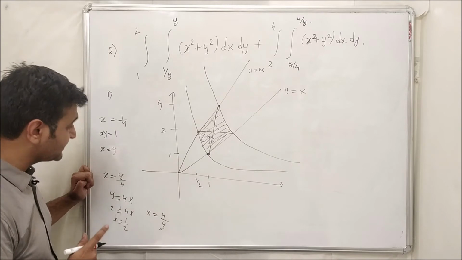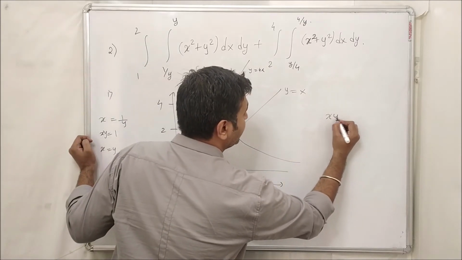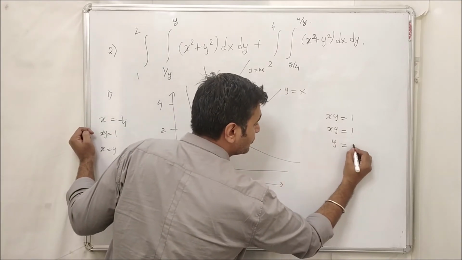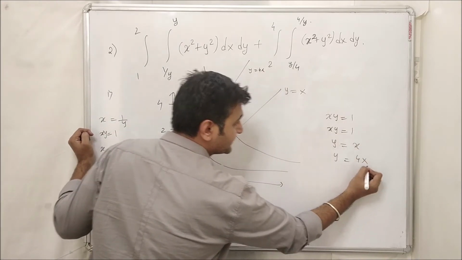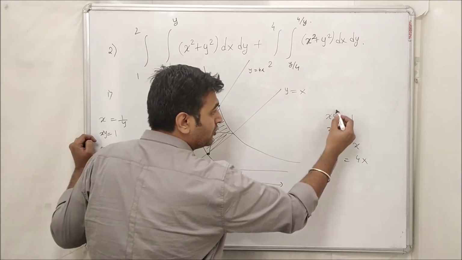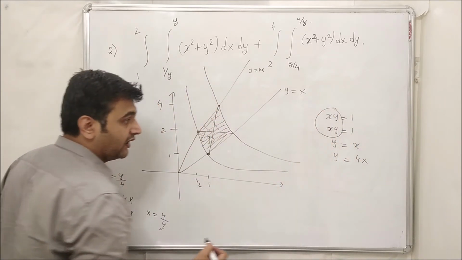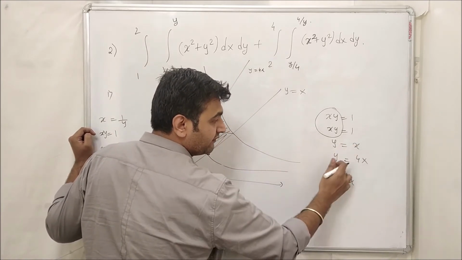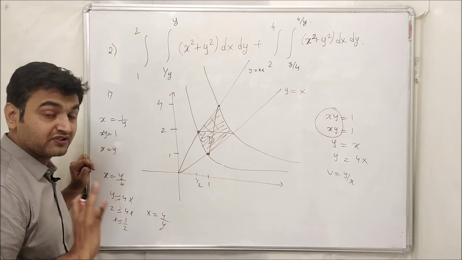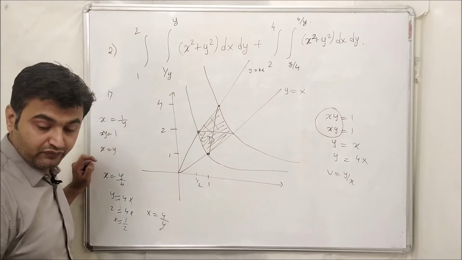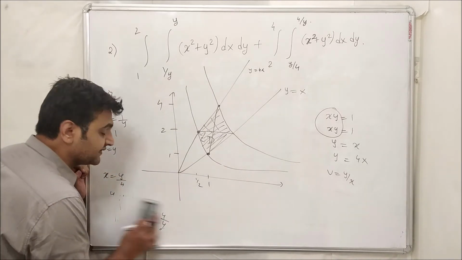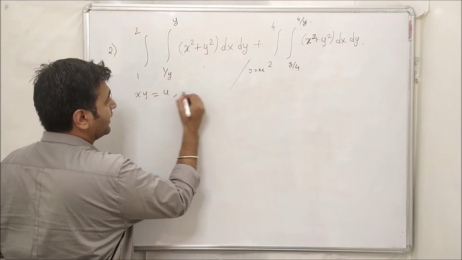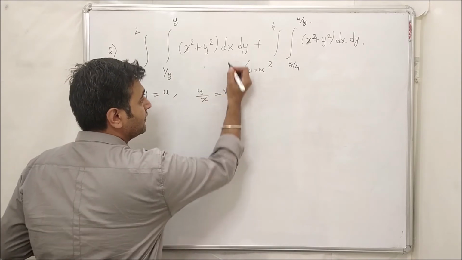Because by substitution you can see, here you have xy equal to 1, xy equal to 4, and then you have y equal to x and y equal to 4x. So same as the previous example, you can call u equal to xy, and you can call v equal to y by x, because y by x is 1, y by x is 4. Good. So substitution, you can see, kind of helping you. So if you take this as the substitution, then let's see what you will get. So the second step was what? Your xy was u and your y upon x was v.